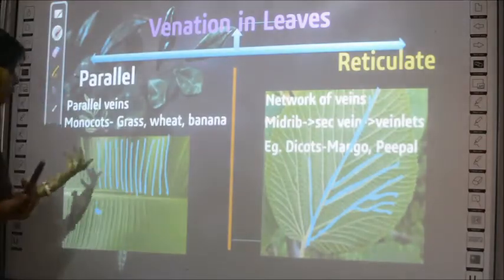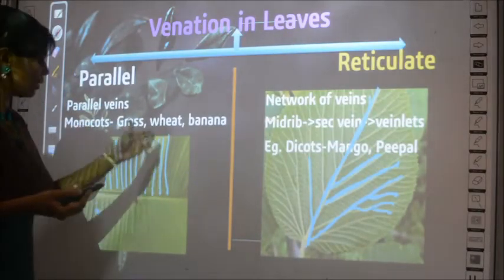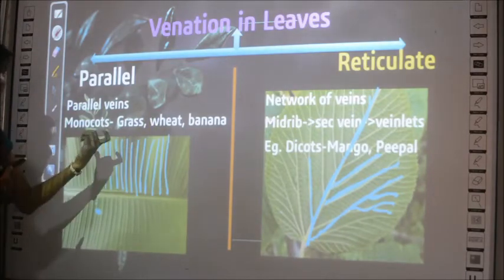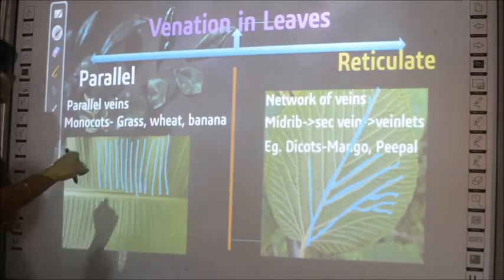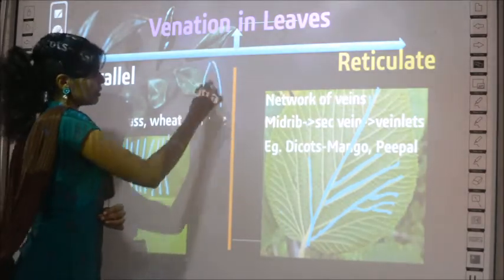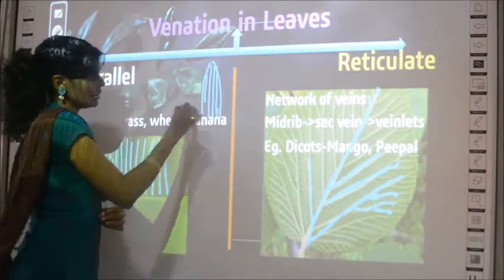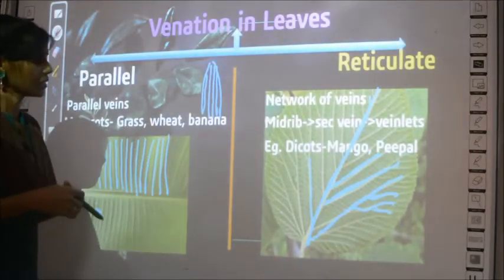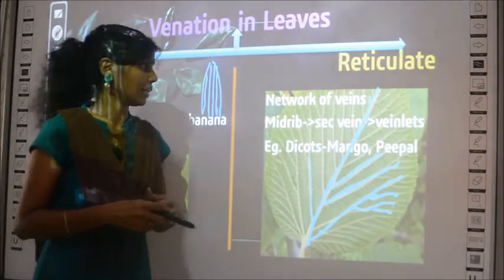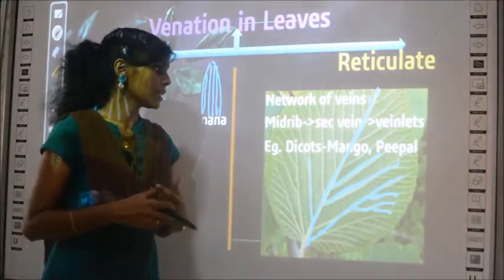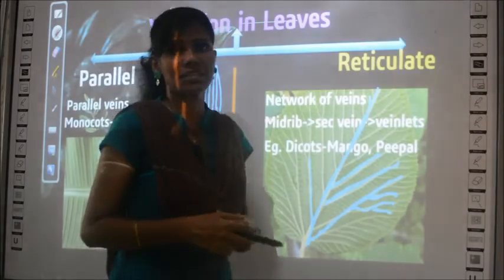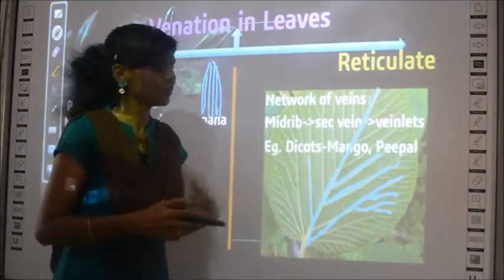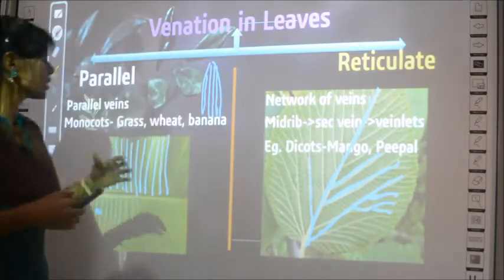Whereas in parallel venation, what you see? Just parallel veins arranged to each other. Example given is banana leaf. In grass also you can see. Okay, so in grass, banana leaf, and wheat leaf you can see parallel type of venation, and reticulate type of venation you can see in mango tree and peepal tree. Okay, so here you will have midrib, secondary veins and veinlets. So these are the two types of